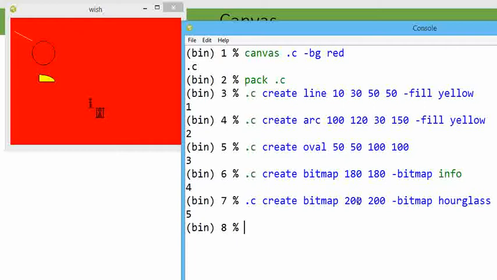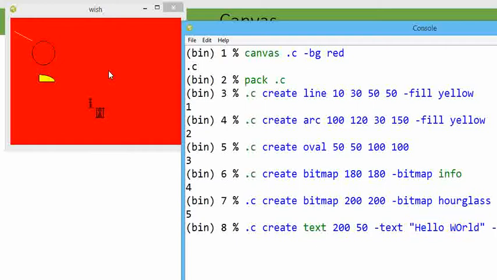This is one of the canvas. It simply provides a background space over which we can put certain objects. Now if I put .c create text, we have another method. We can create a rectangle or we can create text. We only have to control the dimension. Now -text, I'm going to write hello world.